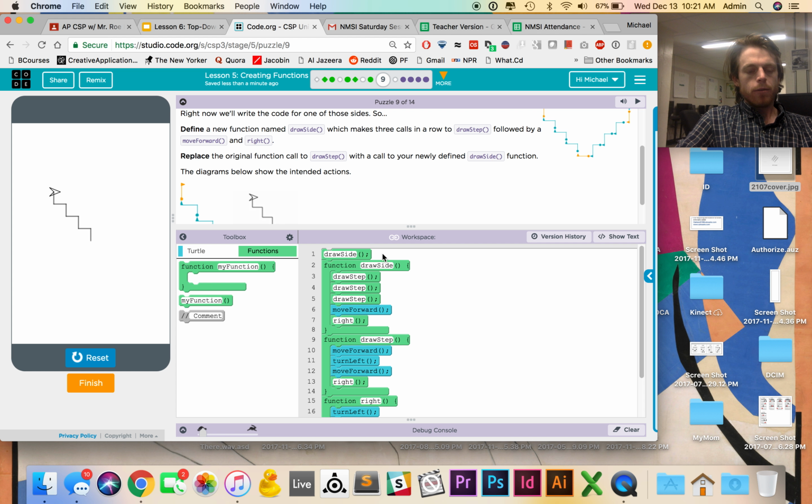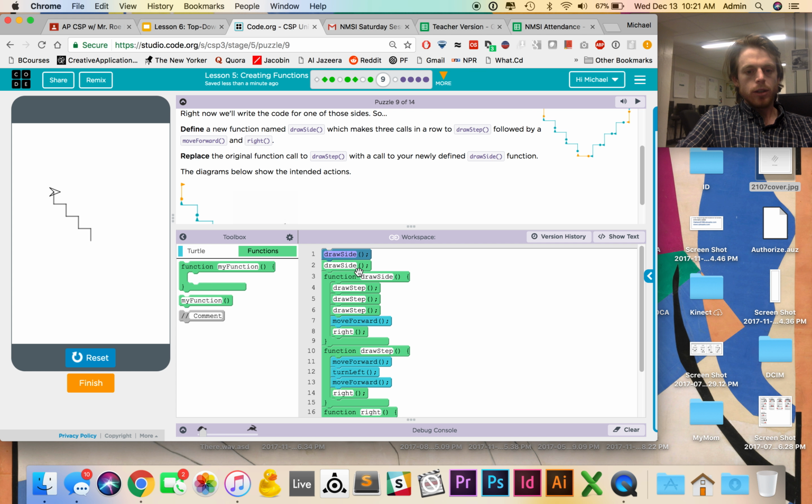So notice what happens if we call the draw side function twice now. So I'm going to select the draw side function and just hit Control C, and Control V, and now I have 2 versions of it. So I'm just going to execute 2 draw sides in a row, and let's see what happens. I'm going to speed it up a little bit. And note, it finished about half